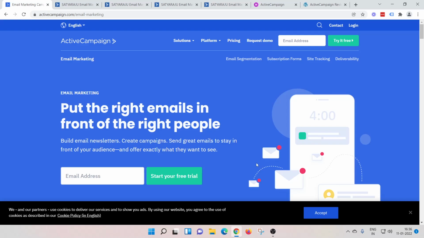Email marketing is one of the proven marketing strategies through which you can nurture your leads and convert them into your customers to generate revenue for your business. ActiveCampaign is a popular tool for email marketing purpose, and it also has many other features like sales CRM automation, conversations, apart from just email marketing automations.